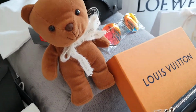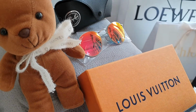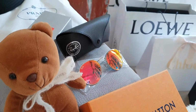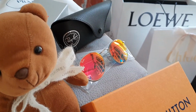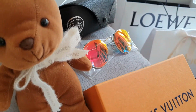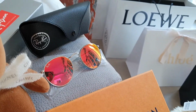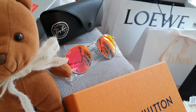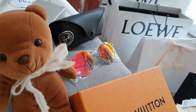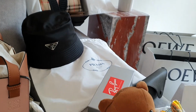So we could start from the one that's on the back. It's a Ray-Ban that's customized in watermelon sort of. It's red and does go green, but doesn't go now. With silver frames with black case. On the back we have the Prada Bucket Hat